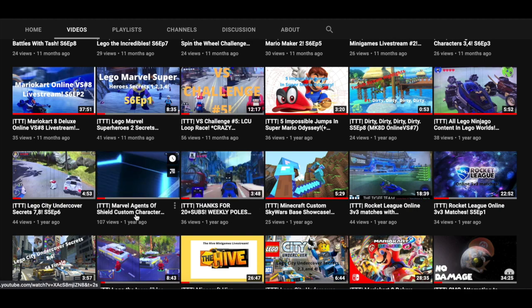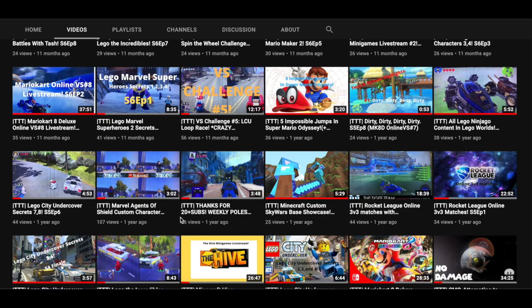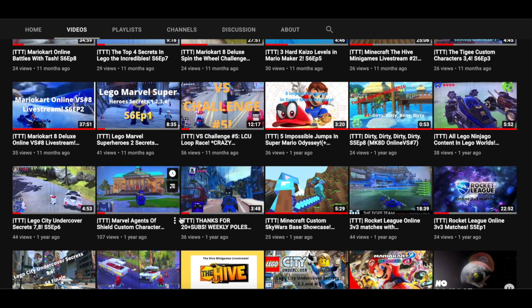And this is one of the most surprising videos for me. Season 5, Episode 5. So this is custom characters in LEGO The Incredibles. So I just finished watching all the Agents of S.H.I.E.L.D. seasons. So I wanted to make some custom characters with them. And, okay, this video is crazy because I didn't think it was...